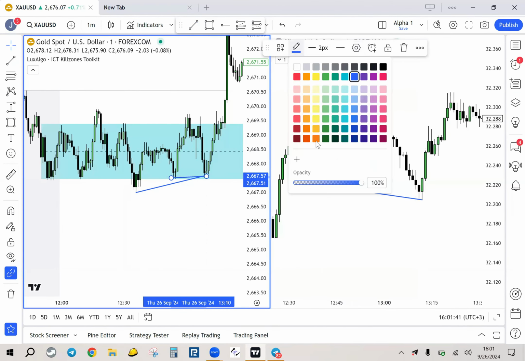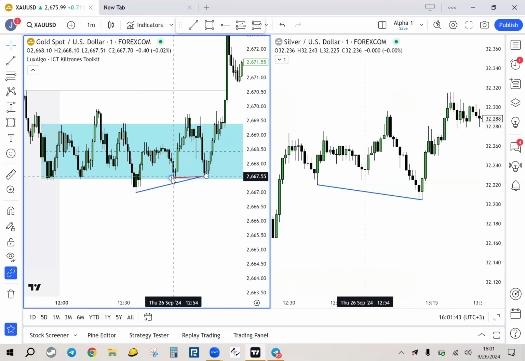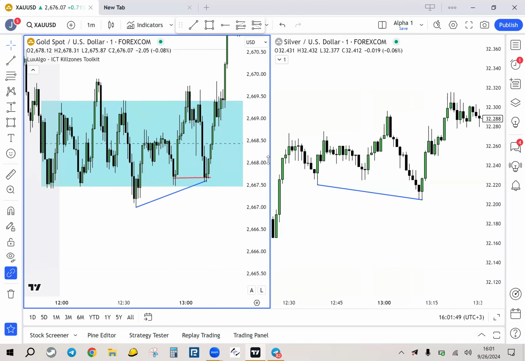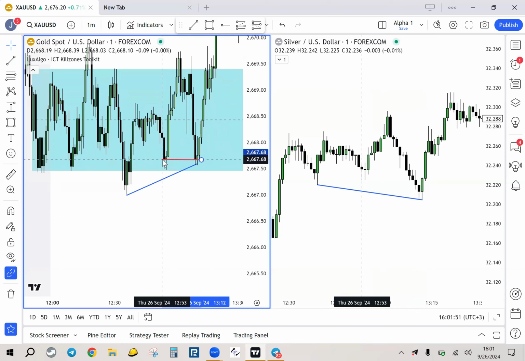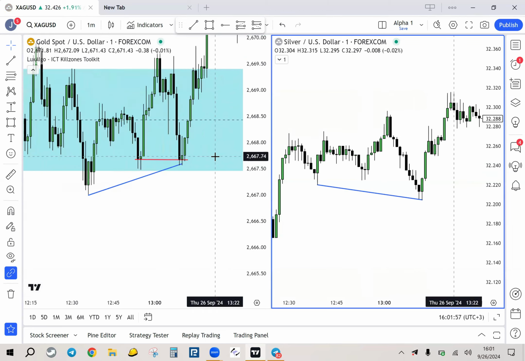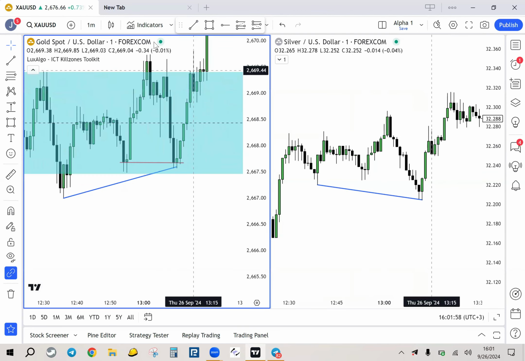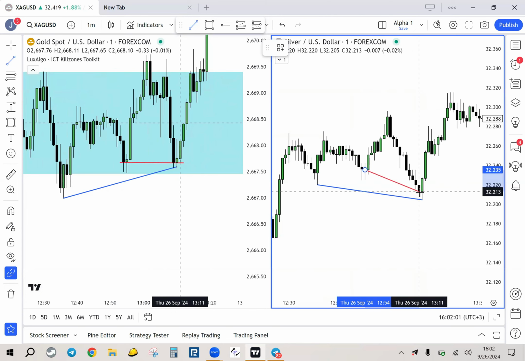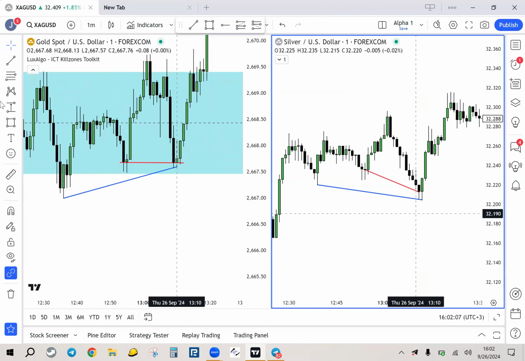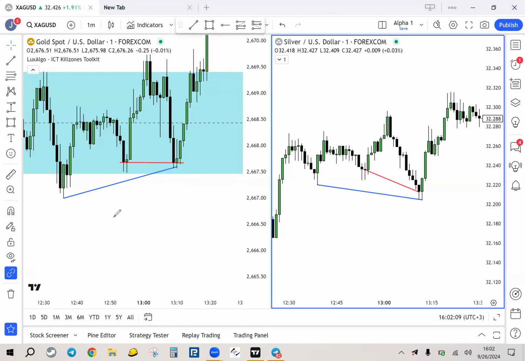Now, remember how I told you that you should mainly be looking at the bodies, if you were to consider the bodies relatively equal. Okay. See? And silver bodies again, right? You can see that it is creating lower, right? Now, in this case, this divergence, in order for it to make sense, so that one where we have a continuation where gold is making equal lows, silver should have made a higher